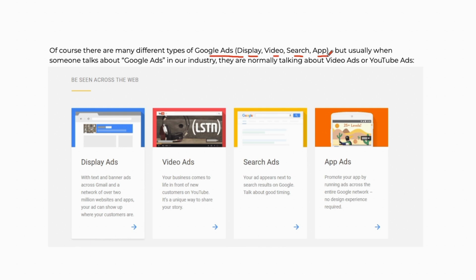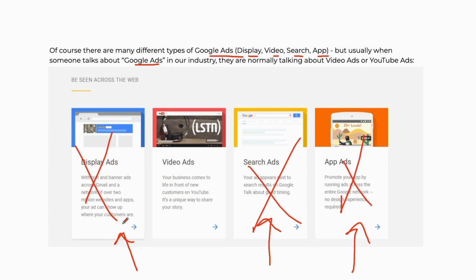So normally when people talk about Google ads, I didn't talk about display ads, I didn't talk about search ads, I didn't talk about app ads. These are not typically as relevant in our industry. Normally, if you start to get past a certain threshold, as you start to get really big, maybe past $1 million a month, or maybe even past $500,000 a month, $5-6 million a year, then you start to explore, let me see if I can add some display ads, some search ads, some different stuff on here. But typically when somebody's talking about Google ads in our industry, especially when they're getting started out, they are talking about video ads. Okay, so I just want to talk to you about that so you understand video ads are what we're talking about when we talk about YouTube ads